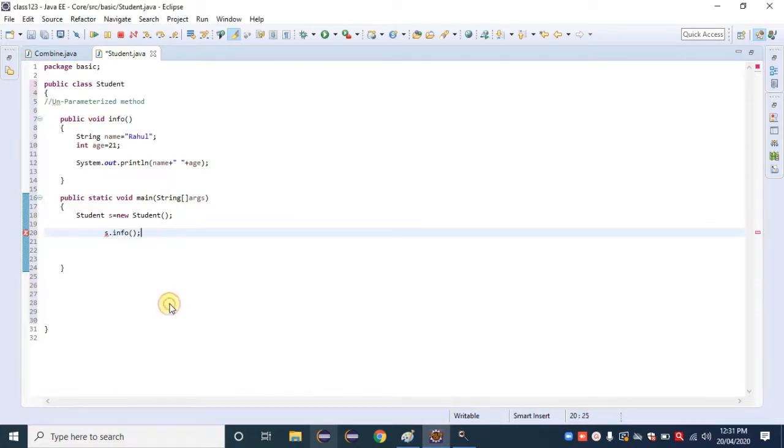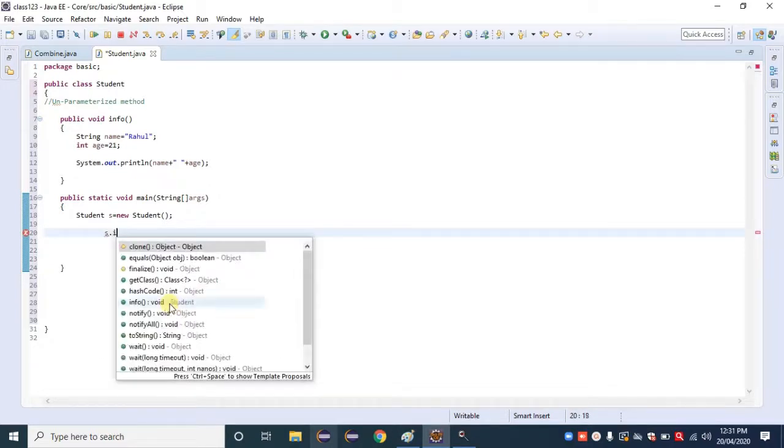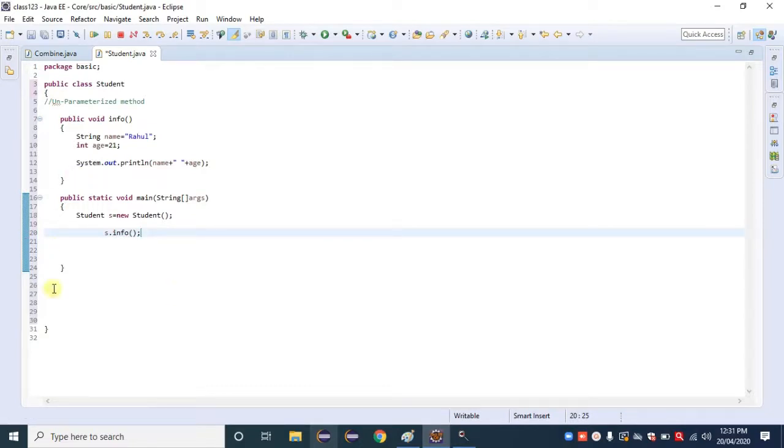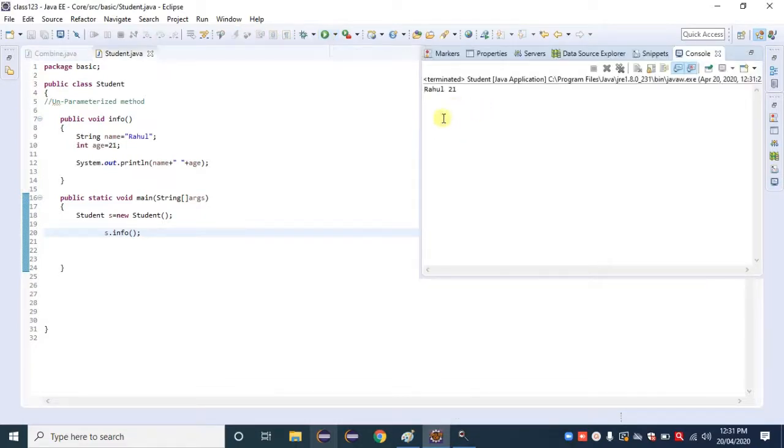Just click on that, or we can type manually also, s dot info, then parentheses and semicolon, and then click on the run button. So in the console, we can observe the output as Rahul and 21.